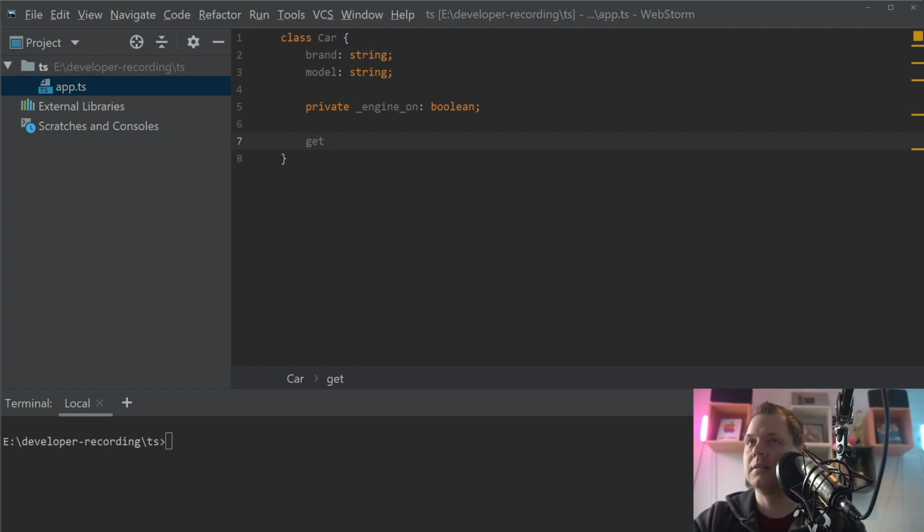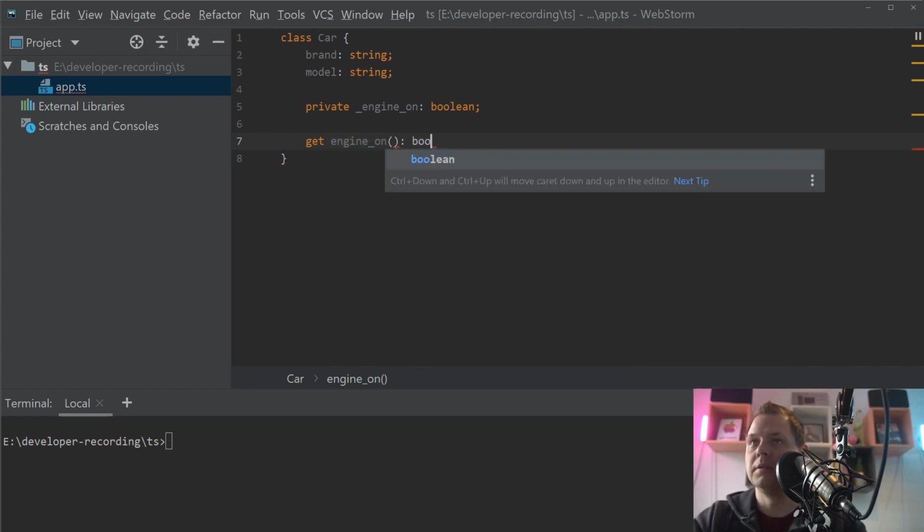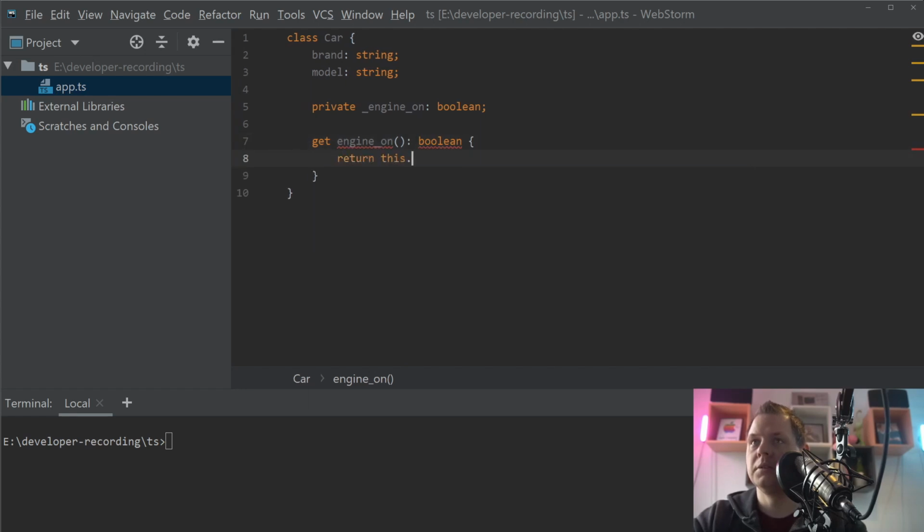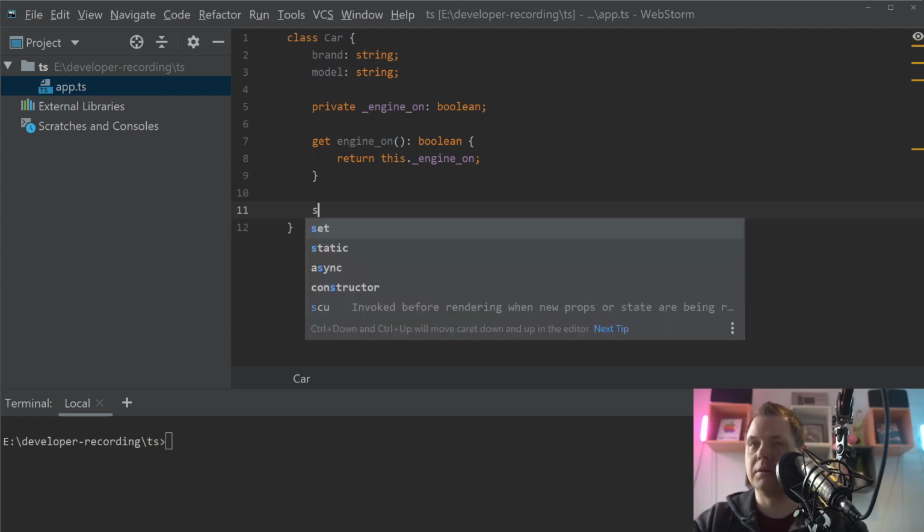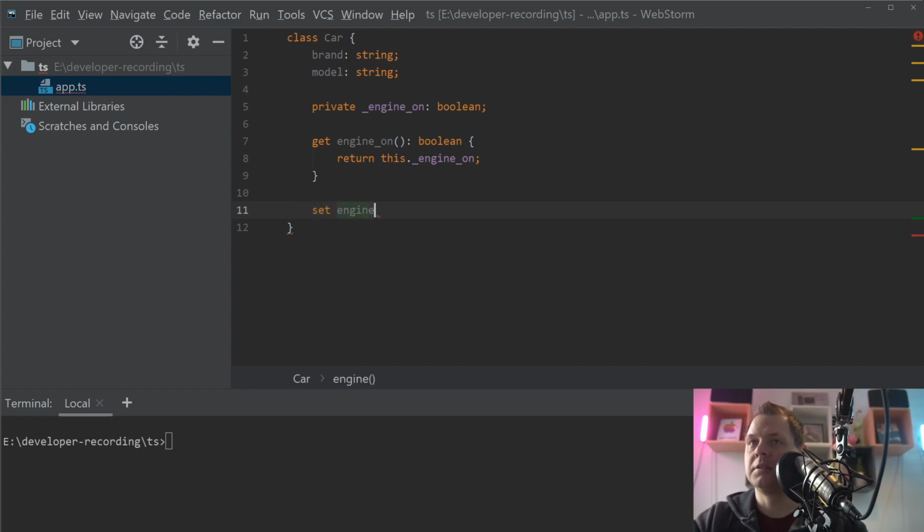So we have a get here, and we call it engine on, and we return a boolean, and we return this engine on. That means when you're going outside, like the brand and the model, and you call engine on, you will return the private variable here through a getter. And then we need a set, because we probably want to set the variable outside. So engine on,